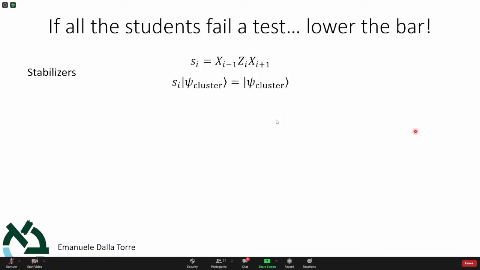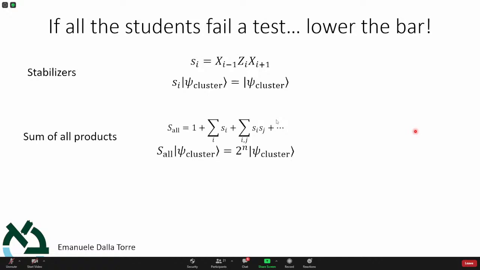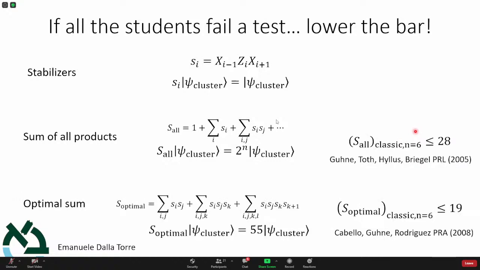I don't want to go into the details, but if you are interested, maybe at the end when you ask questions, I can explain. Let me just tell you that we thought about such an inequality. Just another inequality, where some expectation value must be smaller than 19. That's the classical result, while in the quantum case it would be 55. So the optimal advantage is reached not for 7/8, but for 19/55. So it's even below half, and that's much easier to reach.